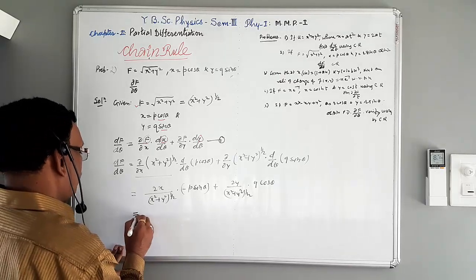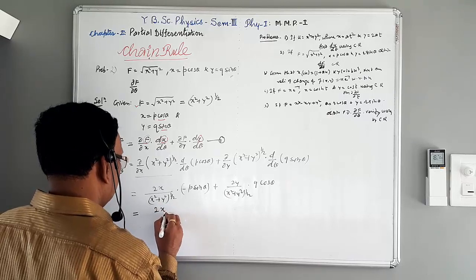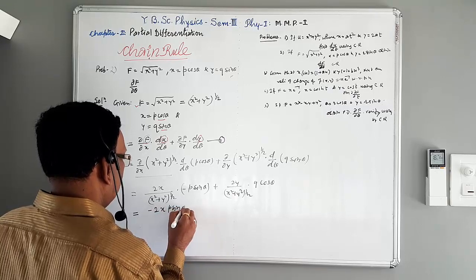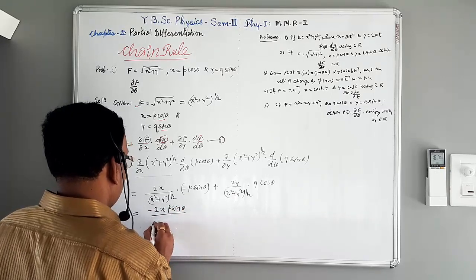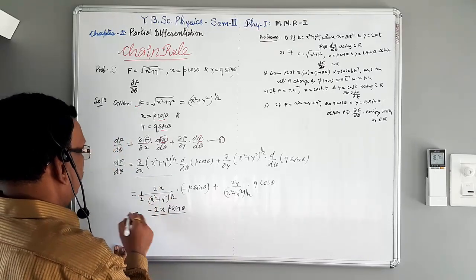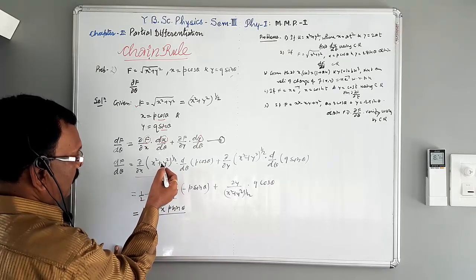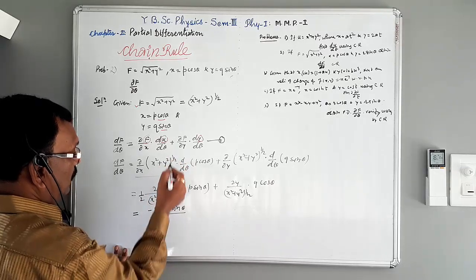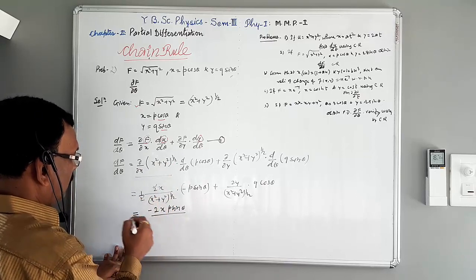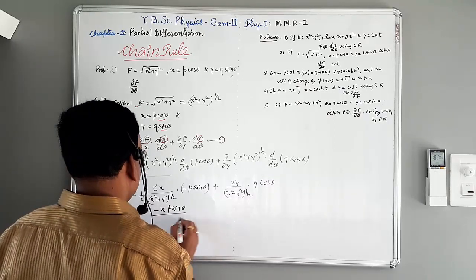Or again simplify or write this equation once again. 2x minus 2x p sin theta, okay, 2x into 1/2, because 1/2 into [x square plus y square] bracket raised to minus 1/2 into 2x, therefore this term minus 1, plus 1/2 into 2x, this 2 and 2 get cancelled here. Here only we have minus x p cos theta